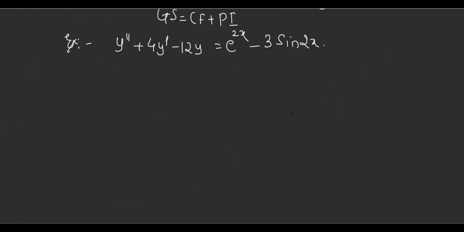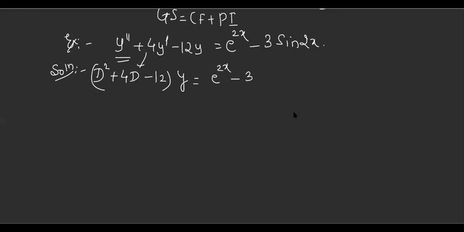Now all of you write this example. Tell me the equation in terms of capital D for this given differential equation. How can I write it? Y double dash means D square plus 4. Y dash means D, correct? Minus 12 Y. In all the terms, we can take a Y common. Am I right with this? Writing this equation? Yes, ma'am. Okay, good.